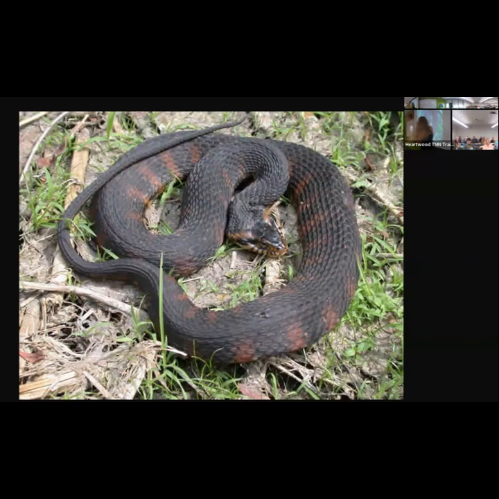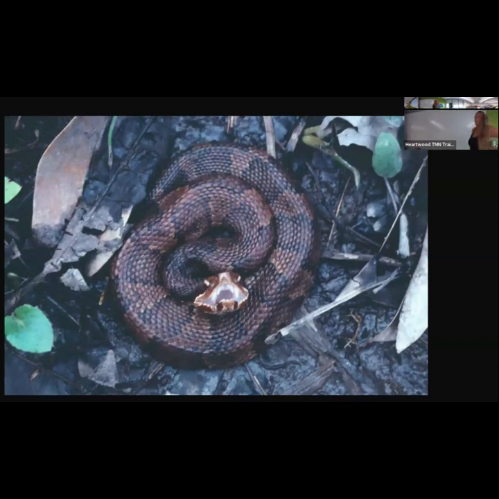I think you're right. I think he's a broad-banded. He's just really, really faint. Oh, it shows it better here. Yep. It's a cottonmouth, right? He's coiled up just perfectly, first off, and he's gaping, right? Do they have the rotating fangs? They do. All vipers will have the folding fangs.